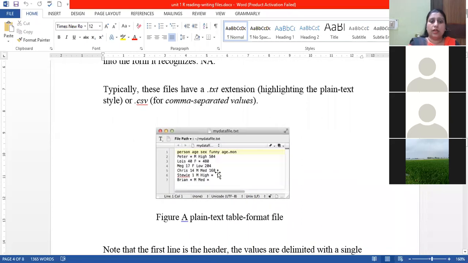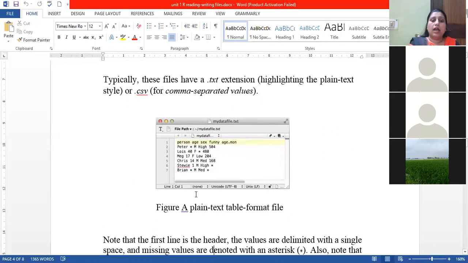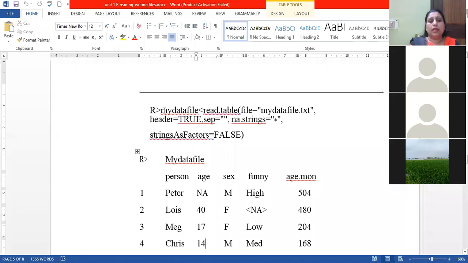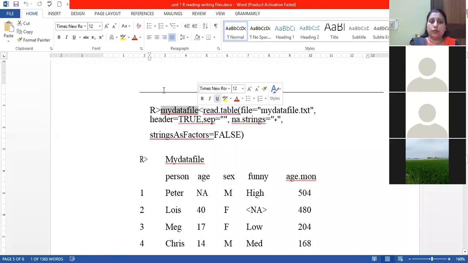Suppose I have a text file, and these are some entries in the text file. How to read a text file? We write the name of the object in which we want to read that file. We can give any name. I have given my data file name, and we use read.table. This is the syntax to read the text file: read.table, where we have to give a file name.